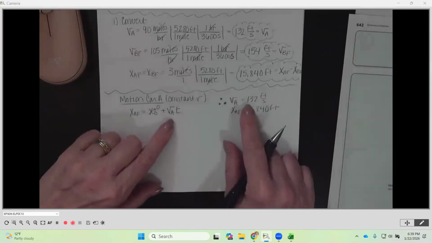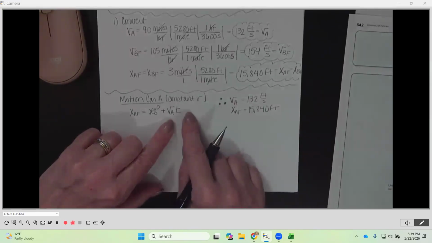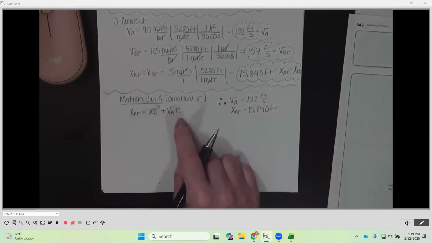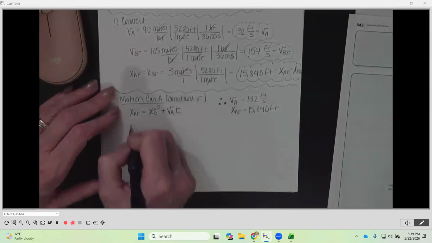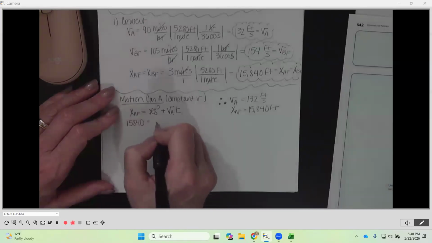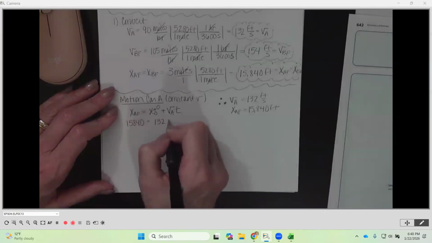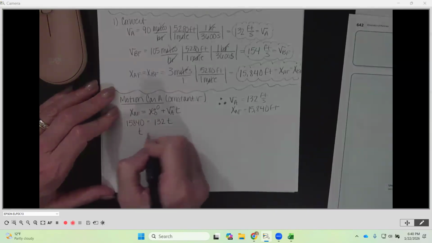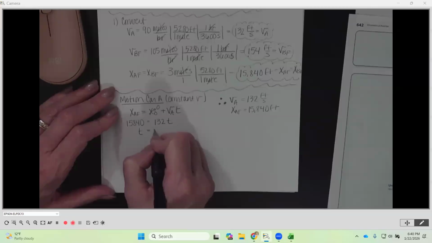And we also know that it is going at a steady 132 feet per second. So our only unknown variable here will be the time. So 15,840 is equal to 132 times time. And solving for time here, our time is going to be equal to